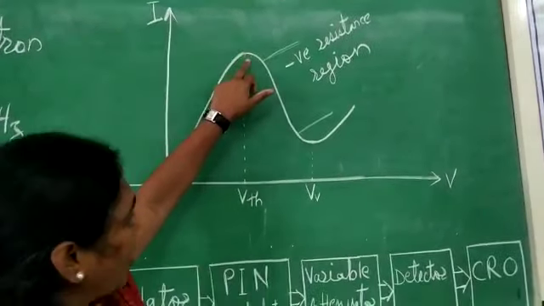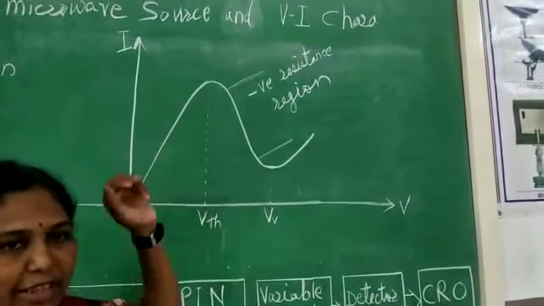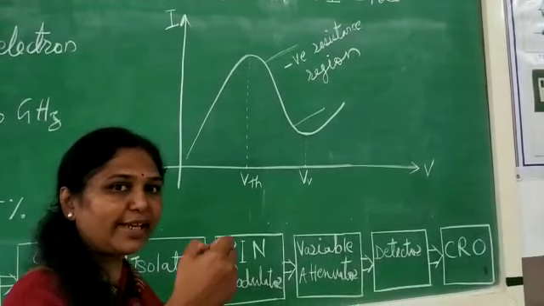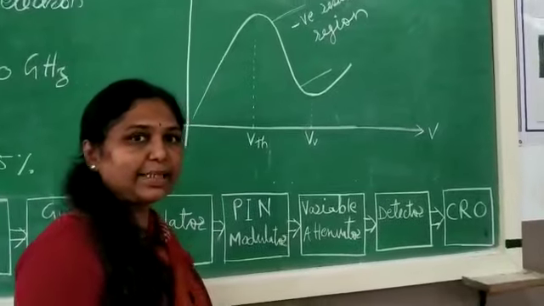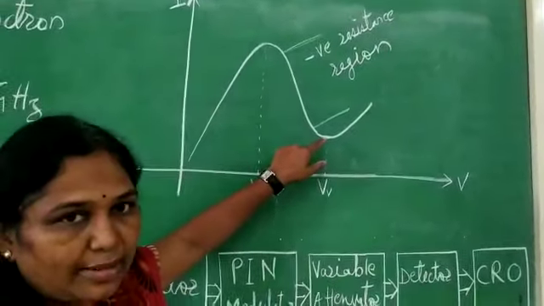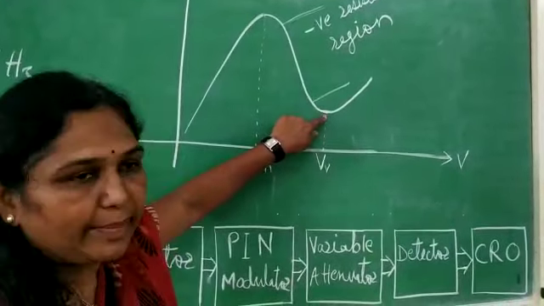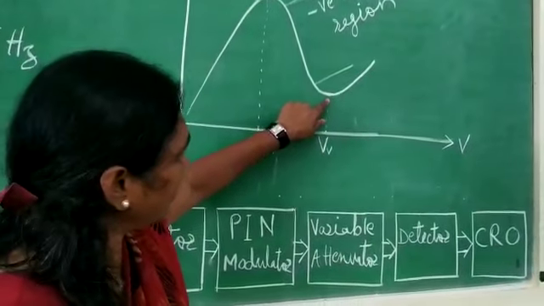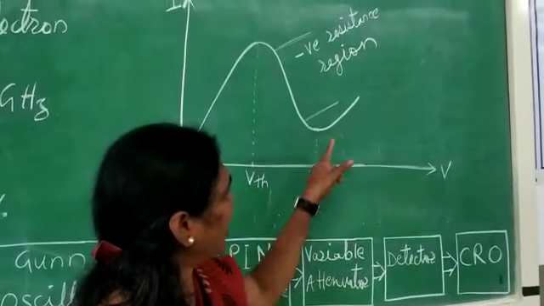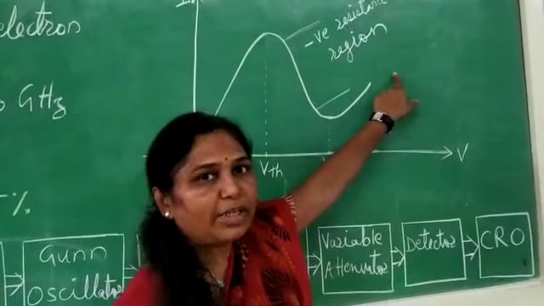At this point, when the bias voltage reaches the threshold voltage, the temperature of the semiconductor material increases, and therefore the mobility of the electrons decreases, and that's why the current flowing through the diode starts decreasing. At this moment, when the temperature of the material decreases, the mobility of the electrons increases, and therefore after the valley voltage, the current flowing through the diode increases again.